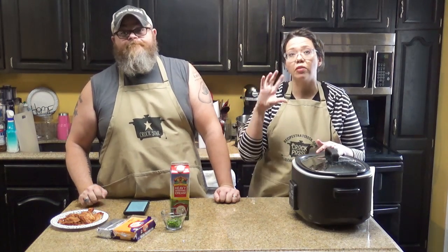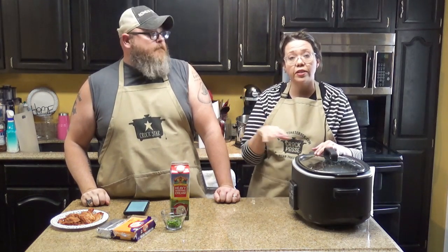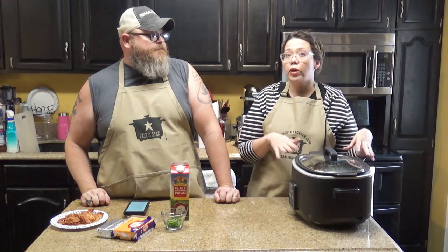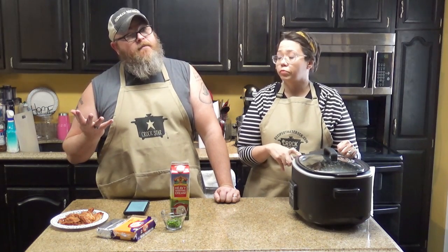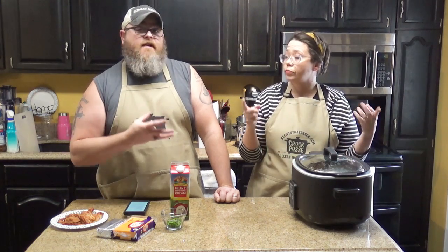So you just get that from your pickle jar. We're going to actually use some sliced pickles here in a little bit after it's done as the garnish as well. Another bit of garnish there. So what we're going to do is cook this on low for 4 hours. Or if you want to kick it up, you can do it on high for 1 to 2. What you're looking for is you want your veggies to be